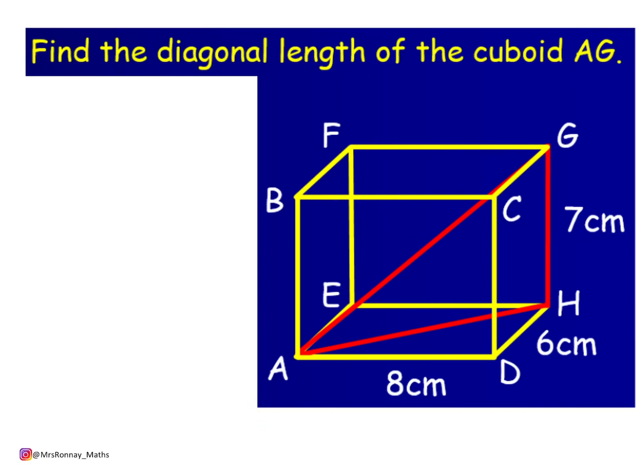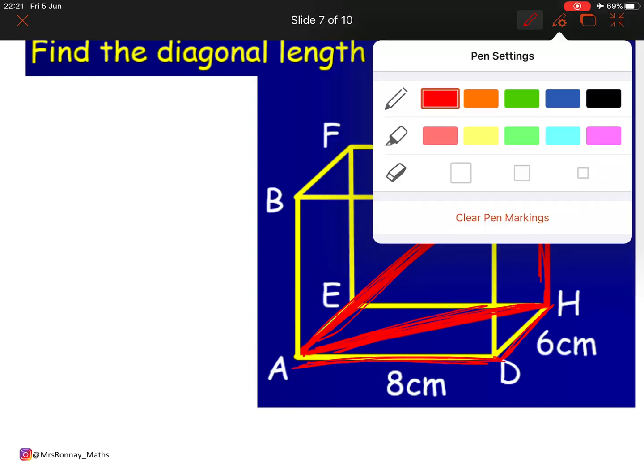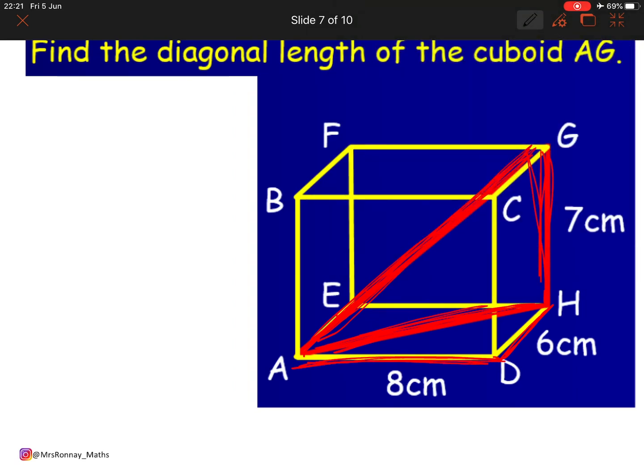So we have all the lengths of the cuboid, and I'll just do it in different colours so you can see what's happening. So AG is what we actually want to work out, which is that one there. Which means that I need to know this length, which I do, but I also need to know this length, which I don't, but I can work that out by using this one and that one. Okay, so we're doing Pythagoras twice effectively,